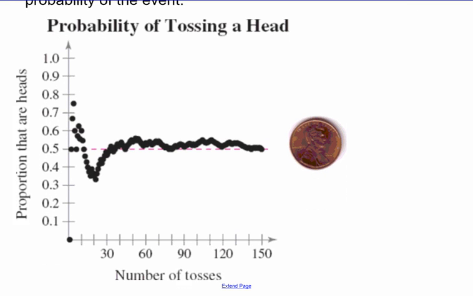So it might look like this. Let's say I toss a coin 20 times. Maybe out of that 20 times, I only get 30% heads. Well, it's saying if I did that experiment more and more times with a larger number of samples, I'm going to get closer and closer to the actual. So instead of flipping the coin 30 times, maybe if I flip it 150 times, I will get closer and closer to that 50% heads and 50% tail situation. So it's saying if you do a large sample, you're going to get very, very close to the actual theoretical for your empirical probability. That's what the law of large numbers says.